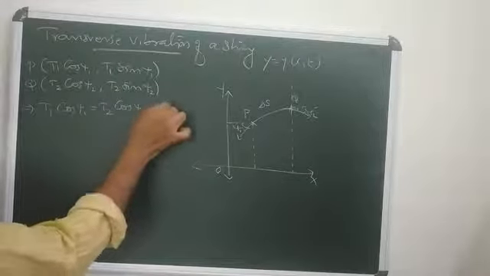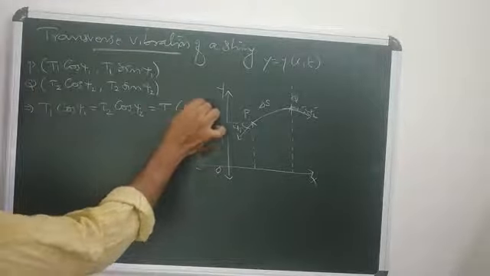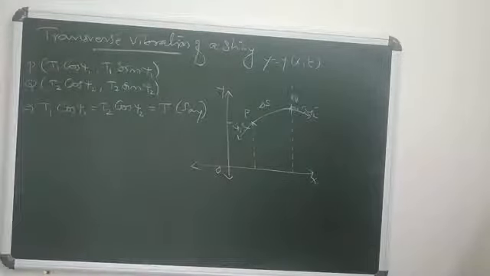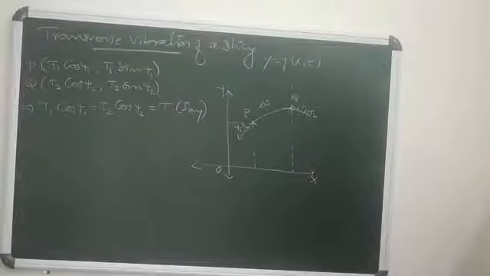Let it be T. Since there is no displacement in x direction, their x coordinates are the same. That is, T1 cos psi 1 is the same as T2 cos psi 2, let it be T. If there is any displacement in x direction, then the position of the string changes. Now,